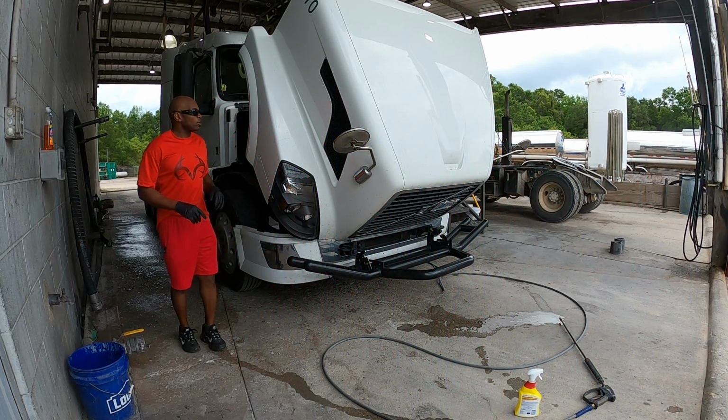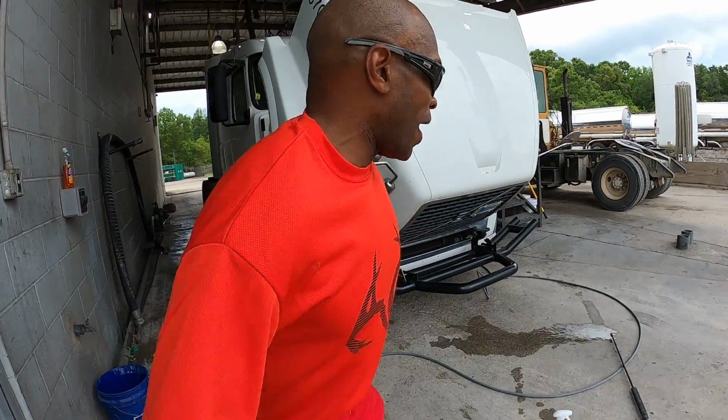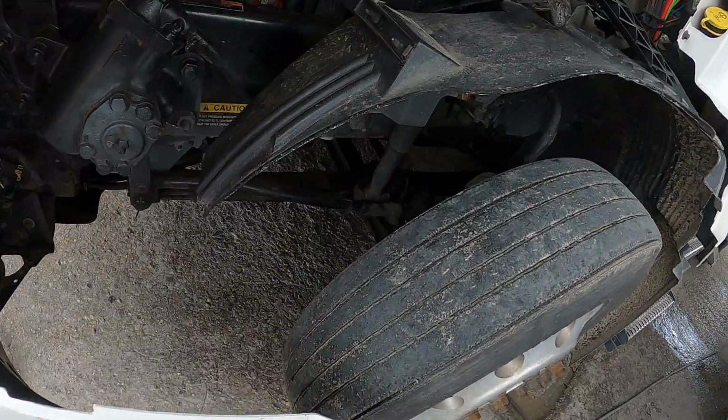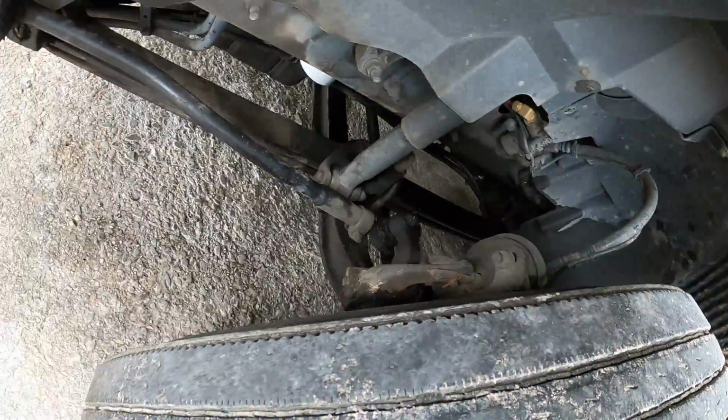Okay, we're back. So now we're gonna go ahead and wash her up. So let's continue on with the work I have done over at Volvo. Like I was saying earlier, we was having blowback, so we're gonna clean that up on the next round when I come back. All that messiness in there is because I was getting some blowback from that oil